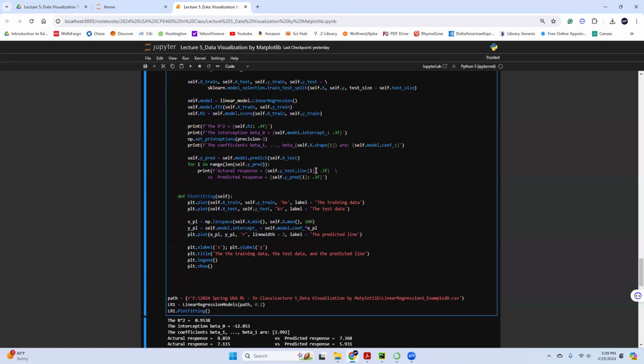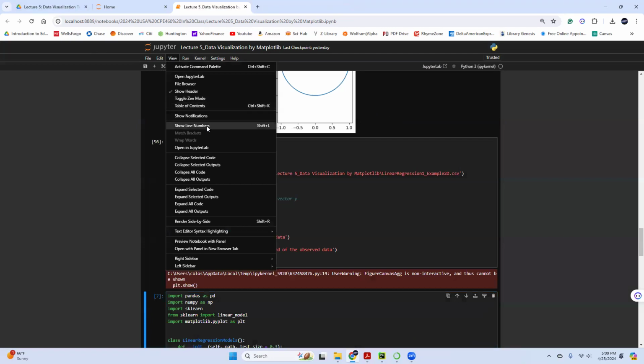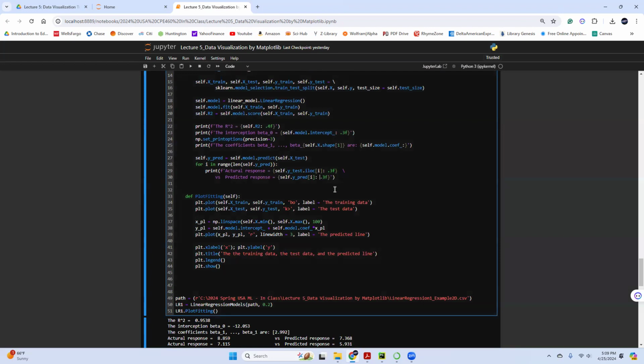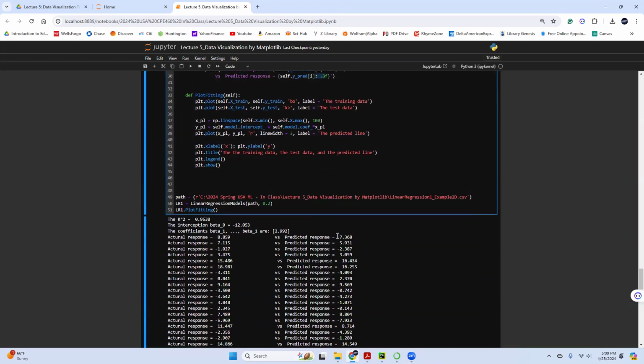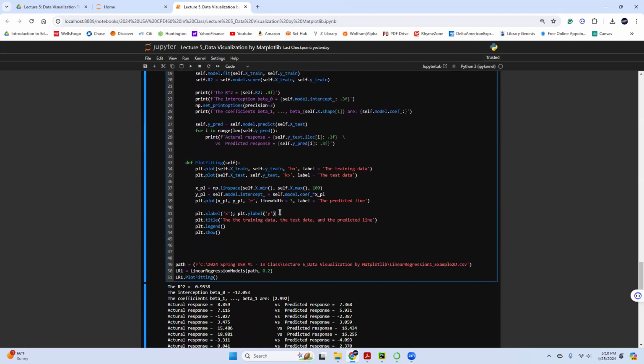Another small change I believe was here. Let me show. Why doesn't it show the line numbers? Another thing is here, which is line 30. So I remember last time I forgot to put this and made the Y prediction very long. So that's the same. But this is really not a big deal, because this will show the error. Okay, so now I'm gonna copy and paste